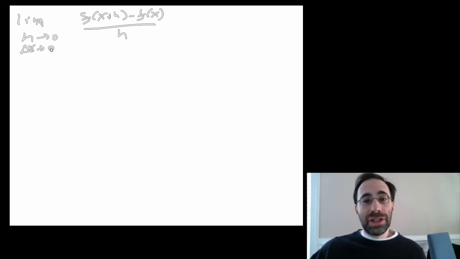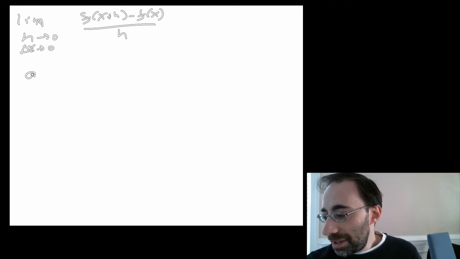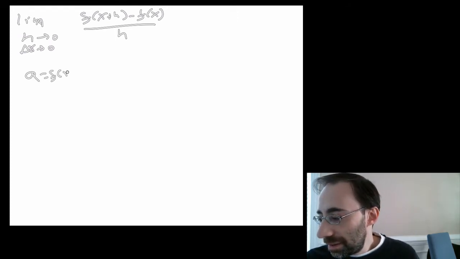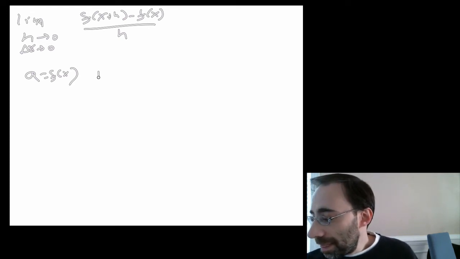Okay, so here's our definition of a derivative. How might we go about calculating one? Let's start simple. How about a constant a? What if our function is a constant a? How might we calculate a derivative? Well, all we have to do is plug into that actual formula. So we have a limit as h goes to 0